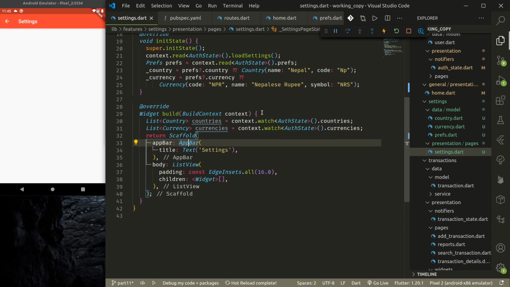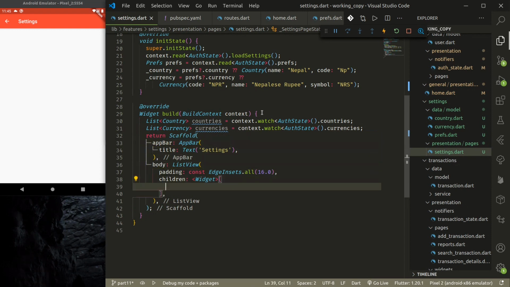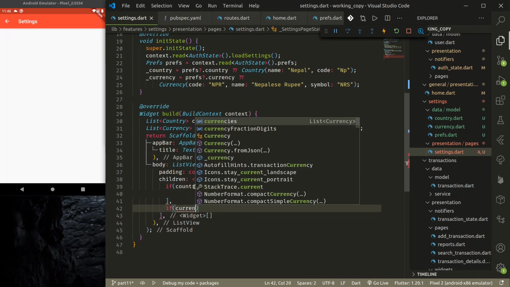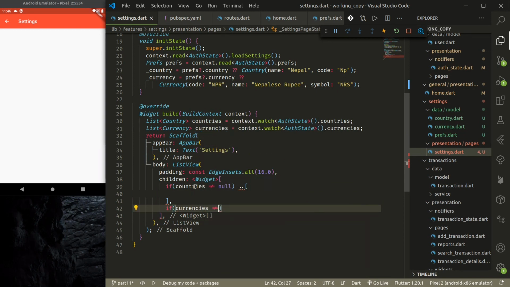Okay, we have a list of countries and currencies. So finally here what we'll do is, if country is not null and if currency is not equal to null,